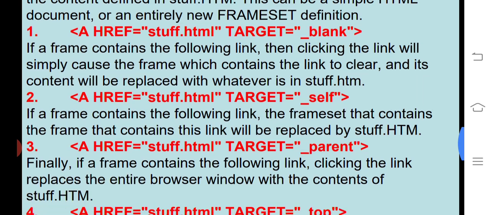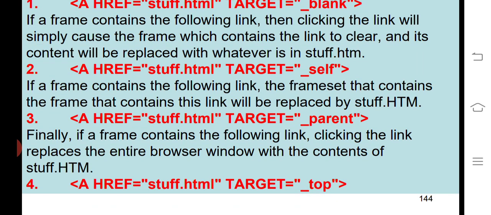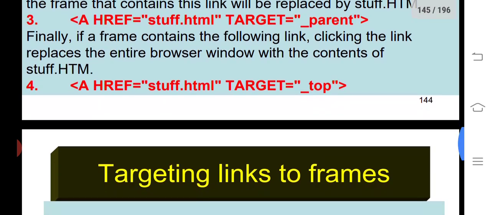For the third hyperlink, the frameset that contained the frame that contains this link will be replaced by stuff.html. That is for target equal to within quotes _parent. Okay, finally the frameset href target _top. It clicks the link and replaces the entire browser window with the content of stuff.html.